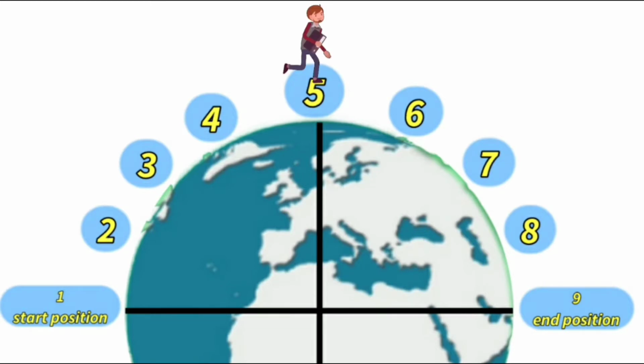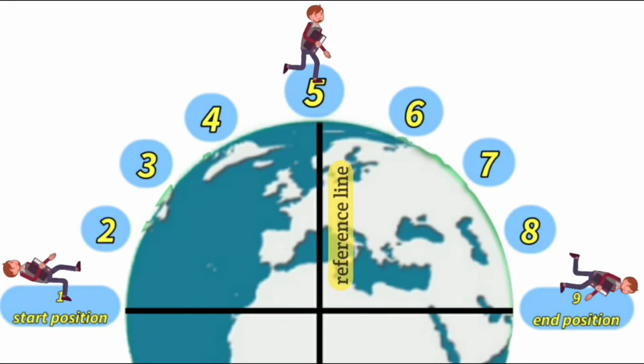If the character is looking in the forward direction, then there is no rotation, which means that the rotation is 0 degrees, and 0.5 is the position where he will be looking forward. So let's place him there. Now coming to the start point, which is point 1, we have to rotate him to left by 90 degrees so that he looks up, and similarly at point 9 he has to look down, and the rotation here is plus 90.